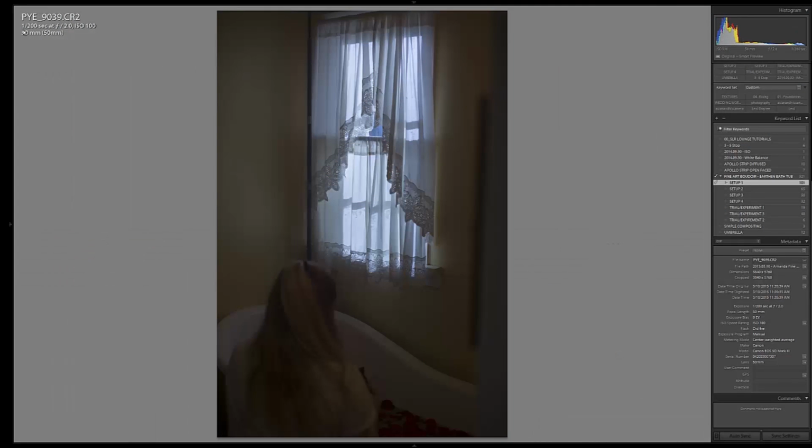I don't like this look here. It's too bright. It lost the ambience. So what do we do? Well, we stop it down basically. I bring it down to 1/200th of a second at f2 and ISO 100. Then we start getting a little closer to this kind of mood that I want to establish, this little sexy